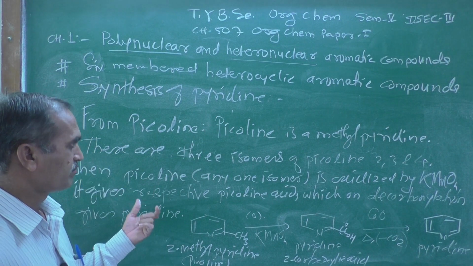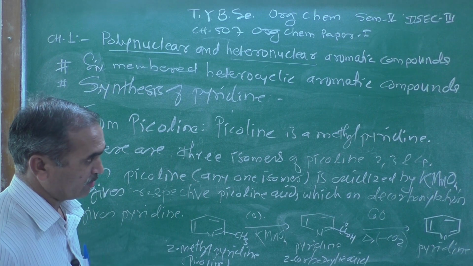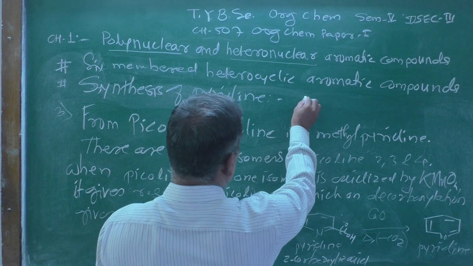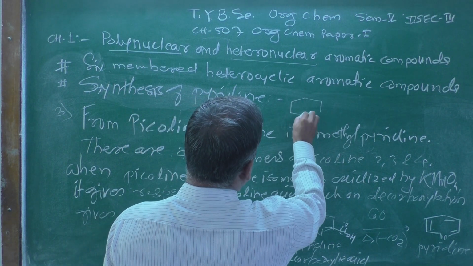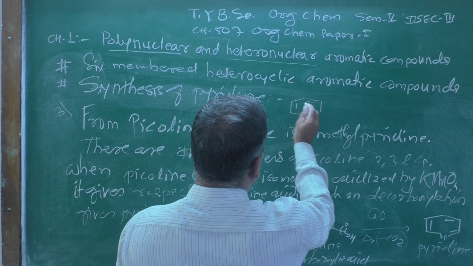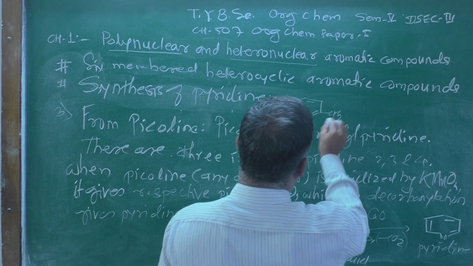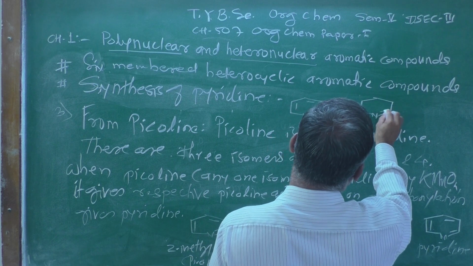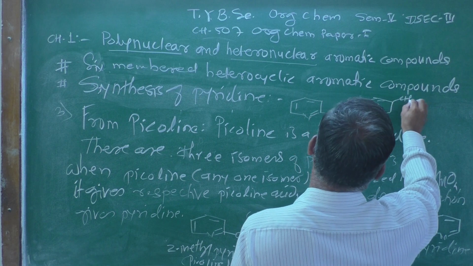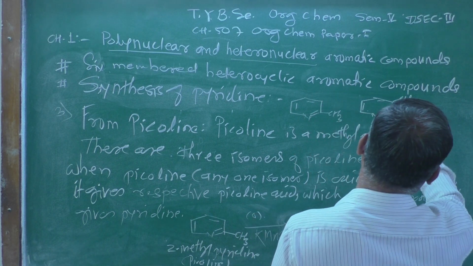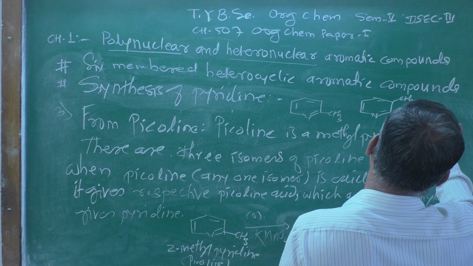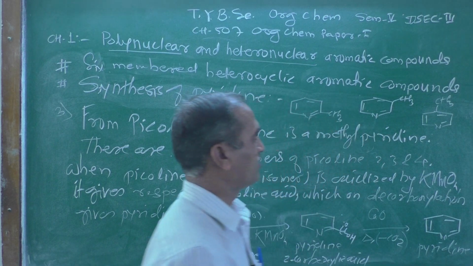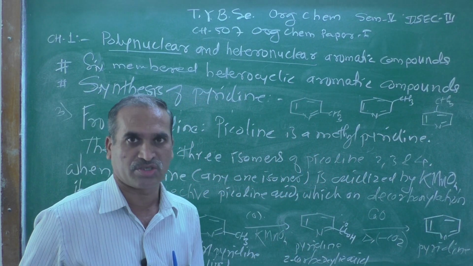There are 3 isomers of picoline: 2, 3 and 4. See this structure, 3 isomers I am representing here. You can see here 2-methylpyridine. Another structure you can see here clearly. This would be the 3-methylpyridine and this would be the 4-methylpyridine. If you observe these 3 structures carefully,